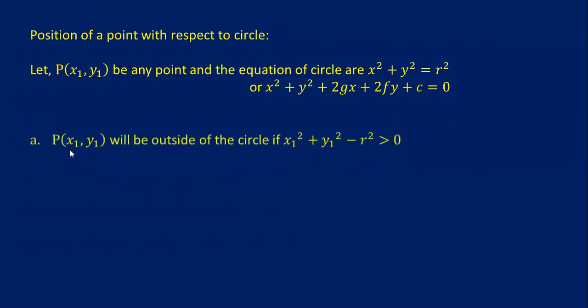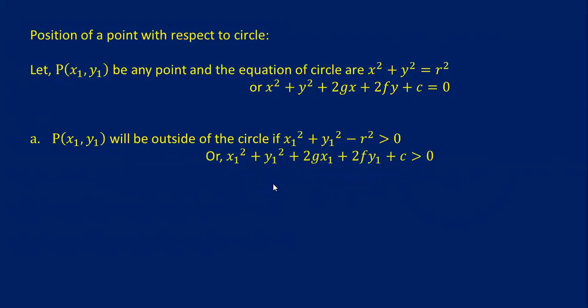Now see, P(x1, y1) will be outside of the circle if x1² + y1² − r² is greater than 0. We have to put x1, y1 here, that is x1² + y1² − r². When the value of this is greater than 0, the point P(x1, y1) will be outside of the circle. Similarly for the second circle, x1² + y1² + 2gx1 + 2fy1 + c